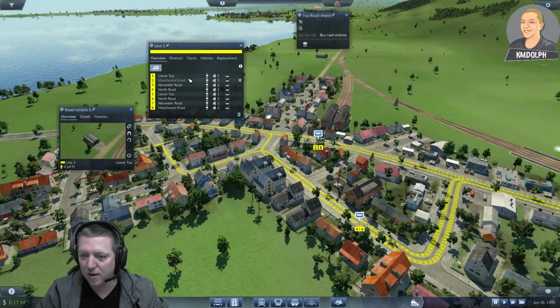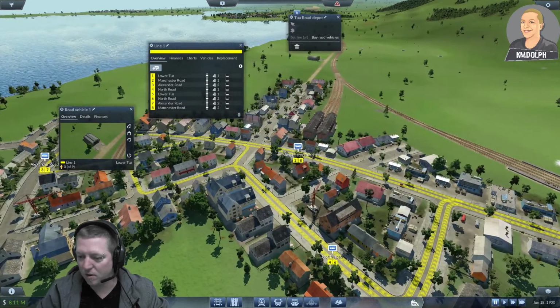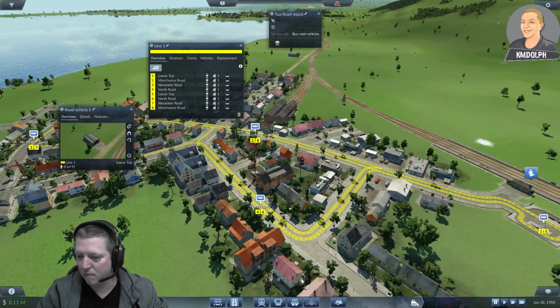So Lower Tour, Manchester Road, Alexandria, North Road, Tomorrow, North Road, Alexander, Manchester, back to Lower Tour. Cool. It looks a little bit odd, but there's a reason for that. I don't know why it's going the way that it's going, but